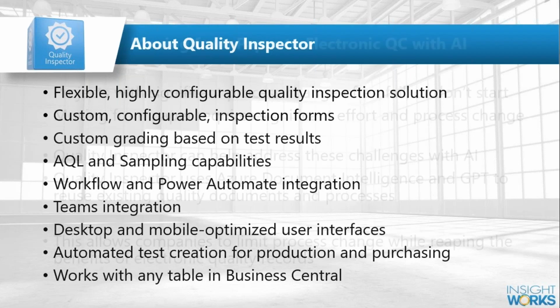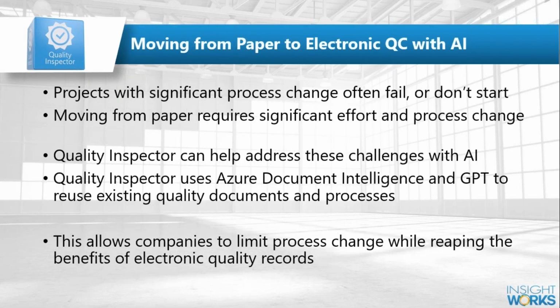All right, now let's talk about part of what was in the title of this presentation, and that's how you move to digital quality control or electronic quality records. What happens with quality and asset maintenance and a bunch of things like that is everybody wants to do it. Oh, we need to be digital, we need to be electronic, we don't want to do this paper stuff anymore. Great goal, very hard to do sometimes.